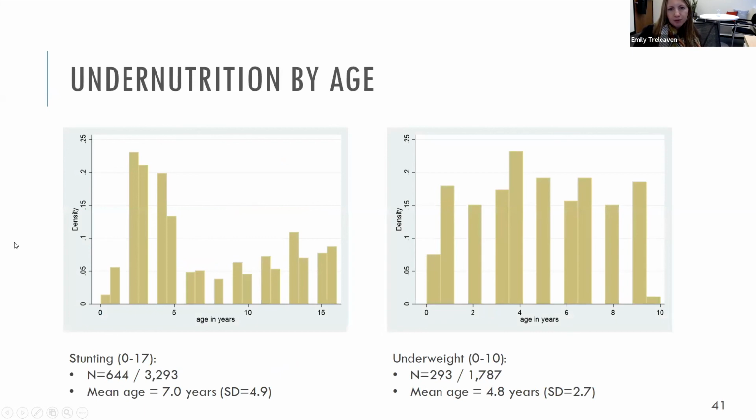Breaking down undernutrition by age, we see that stunting is most common in ages 3 to 5. After age 5, some children do recover from stunting, which is why we see these lower rates among primary age children. And then we see a small increase in adolescents, and that's likely evidence of higher rates of stunting among these older birth cohorts. So I think this is evidence that stunting has declined over time among the sample. As I noted, underweight is measured among children under 11, and we see a more even distribution by age, which is typical for this indicator, though it is usually lower in infants, and we see that in our sample as well.